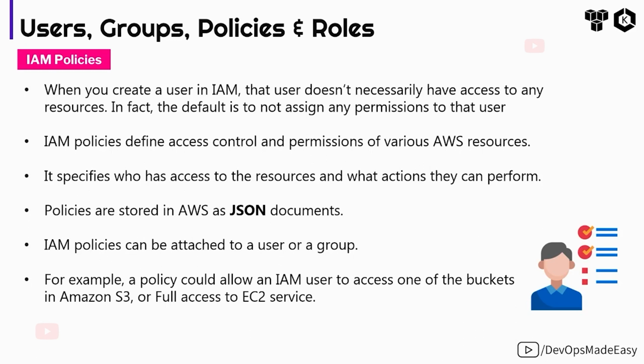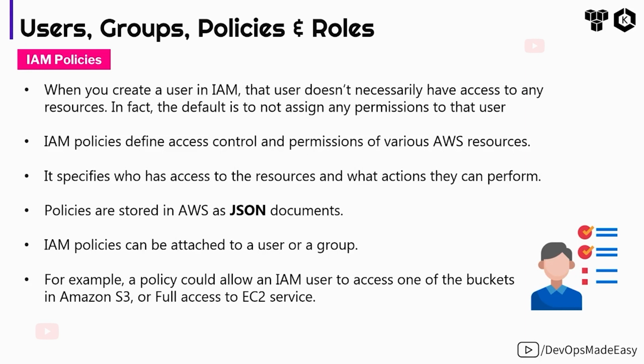And coming to the policies, which we already said, policies are nothing but the permissions. So whenever you create an IAM user within your AWS account, that user doesn't necessarily have to have any access to the resources. Even if you create an IAM user without any access rights, he can still log into his AWS account, but he will not be able to do anything because he doesn't have any permissions. In fact, the default way is not to assign any permissions to the IAM user. Depending upon his role, or depending upon his task requirements, we can assign only specific permissions for this IAM